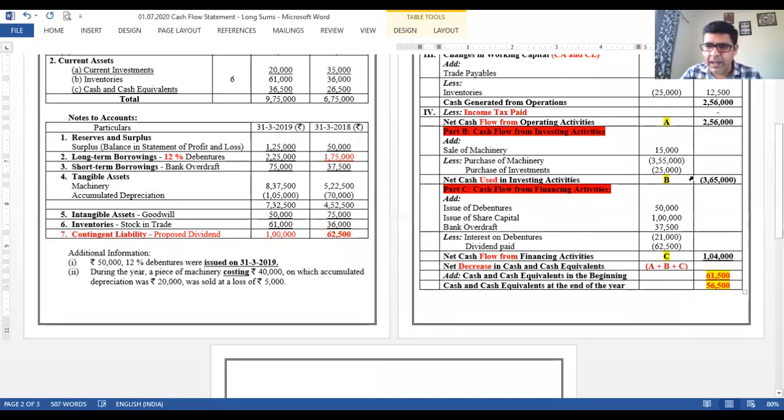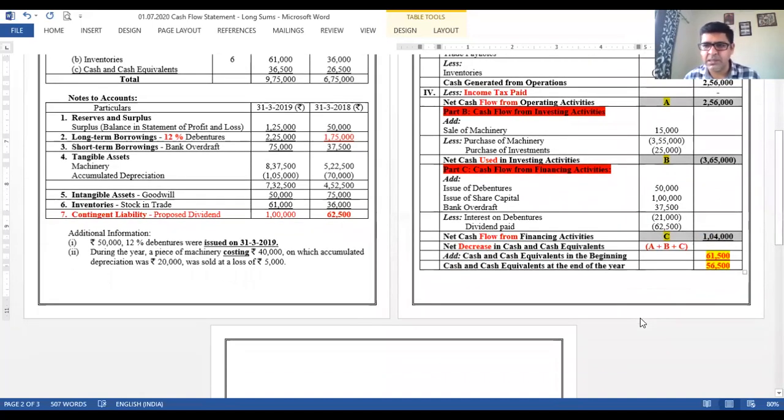So that's C. You can see that I have three amounts, A, B and C. All three amounts are there. Now I want you to get the total of these three, A plus B plus C. Negative 5,000. I should have this amount. And if this is negative, you can see that I have mentioned over here decrease part, right? That's decrease. If it is positive, we will be writing it as net increase in cash and cash equivalents, right? So negative 5,000 plus 61,500, the closing balance is there as 56,500, right? So now we are done with the sum.